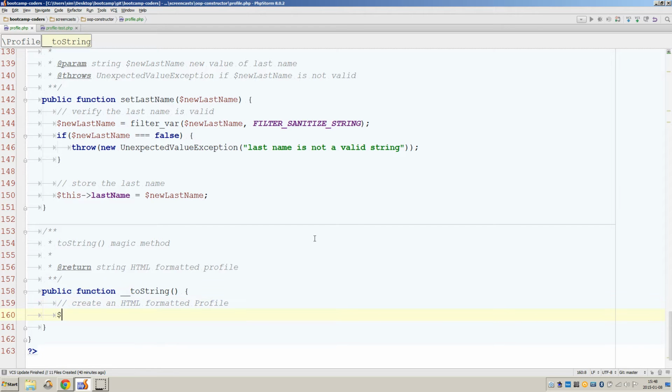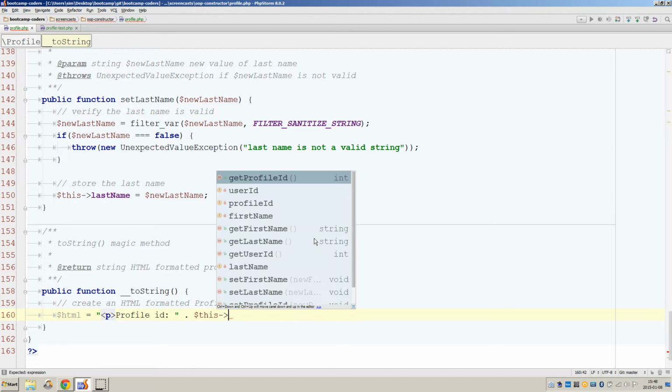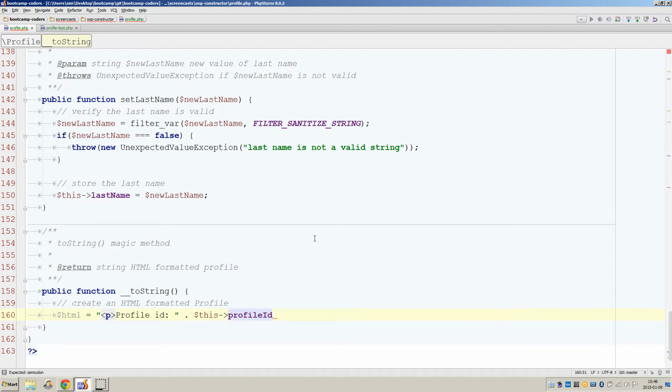All we really have to do is just create some HTML tags that incorporate everything about our class. So we'll start off with a p tag and say, this is my profile ID. This profile ID. And notice this is all one big line of code. It's all one big, huge line of code. It's demented, but